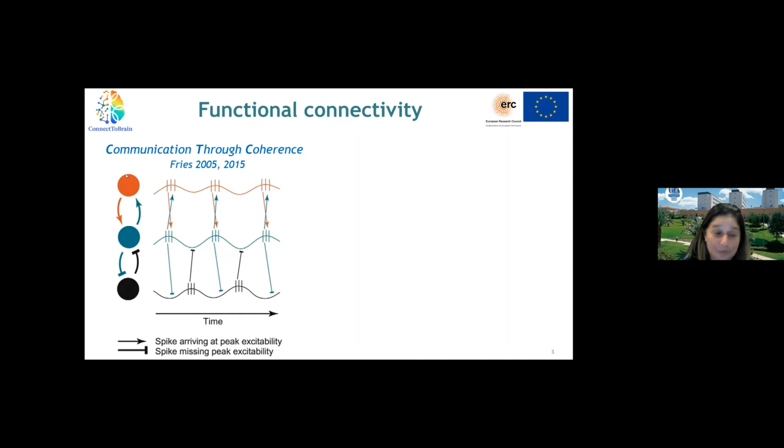So the large theoretical framework is that of the communication through coherence hypothesis, according to which if we have two brain regions, the red and the blue one, for example, and they exhibit two oscillations as depicted here, if these oscillations are more or less synchronous, so if they have their peaks and valleys which are aligned in time, this gives to these two regions the opportunity for exchanging information. On the other hand, if the blue and the black one have, in this extreme example, counterphase oscillations, then this will mean that these two regions will not have the possibility for firing together and so sharing information somehow.